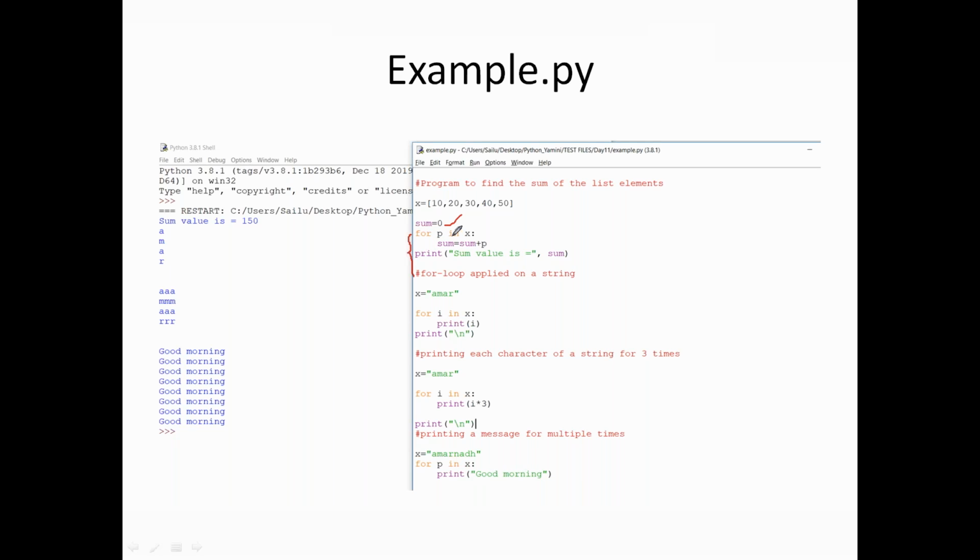For p in x, where x is the list, sum equal to sum plus p. In the first iteration, the sum value is 0, 0 plus p. p is the first element in the list, so 10. 0 plus 10 becomes 10. That new value obtained from the addition is stored back to sum.